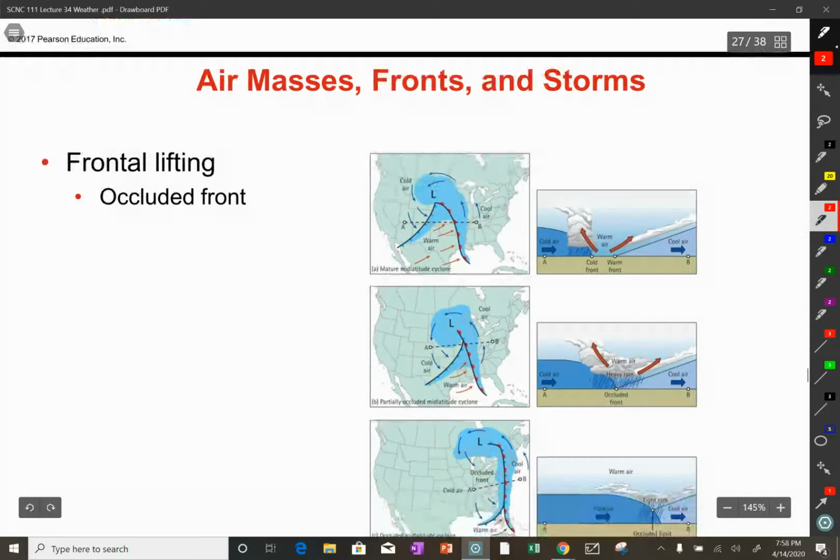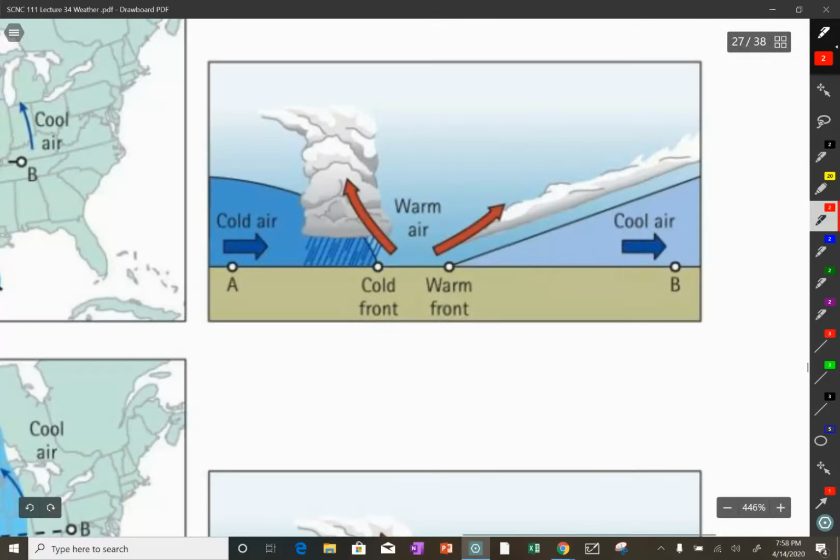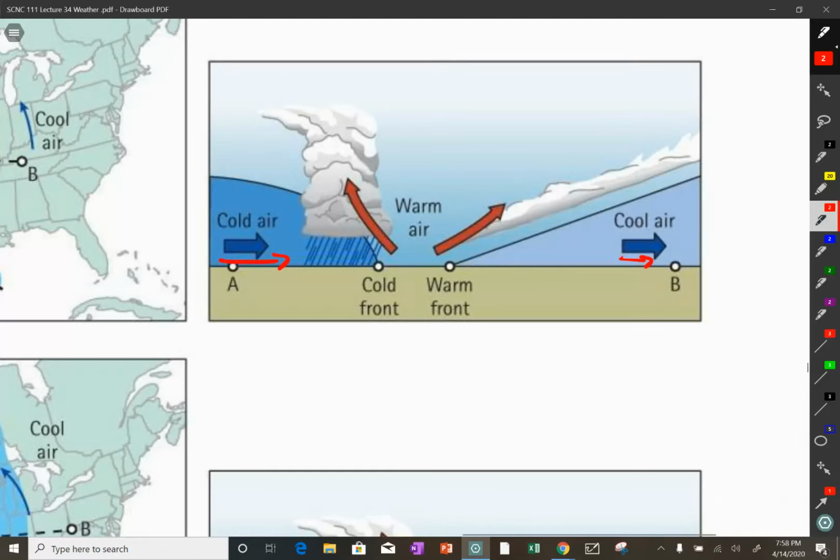Now, the final of the types of fronts I'm going to talk about is one that is honestly confusing, the occluded front. The occluded front, if you look over in this picture, you see you have cool air that's moving to the right and cold air that's moving to the right at a faster rate. And so it's kind of like a pincher action where you're squeezing the warm air. So the warm air on this side is going up, making your